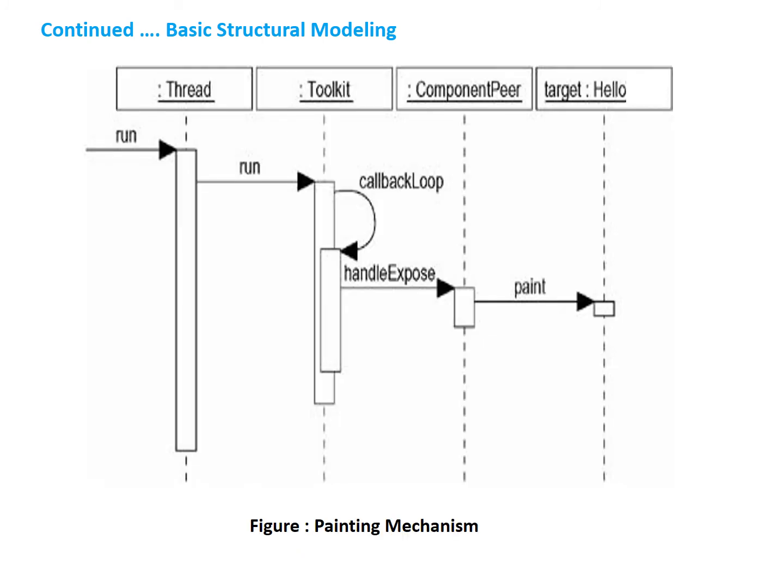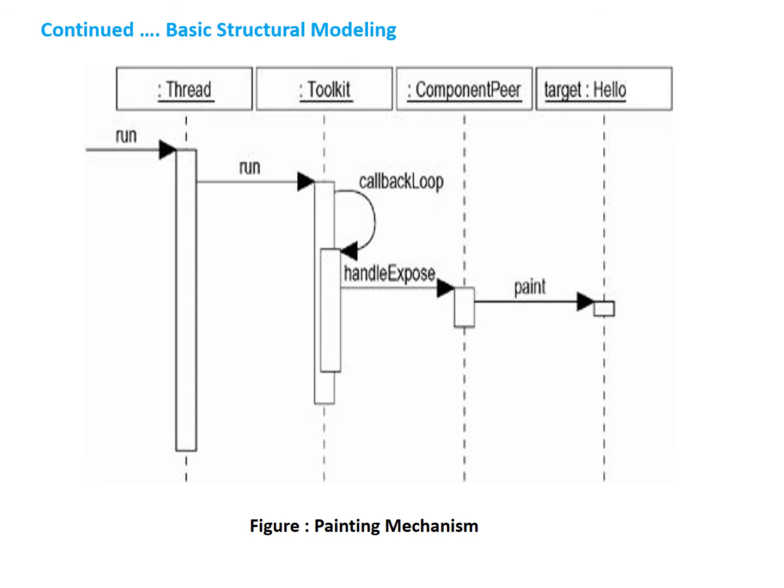In the UML, instances are represented just like classes, but with their names underlined to distinguish them. This figure shows the collaboration of several objects, including one instance of the class Hello. The first three objects in this figure are anonymous, that is, they have no unique name. The hello object has a name target known by the component peer object.